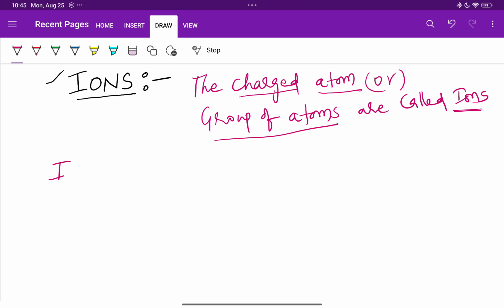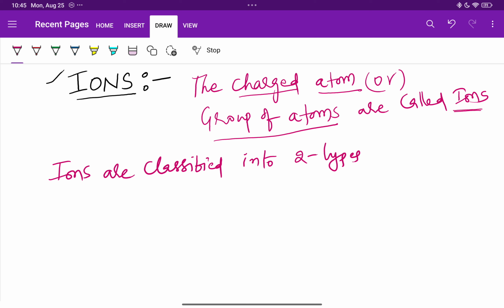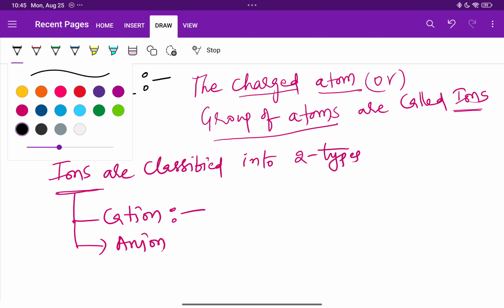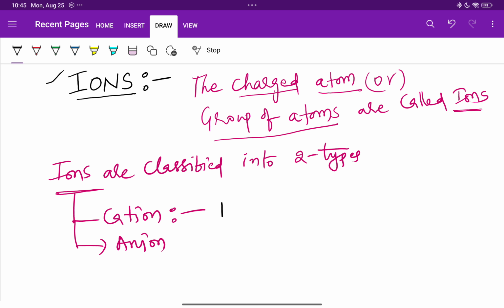Ions are classified into two types. One is cation, second one is anion. So cation meaning is very simple. Positively charged atom